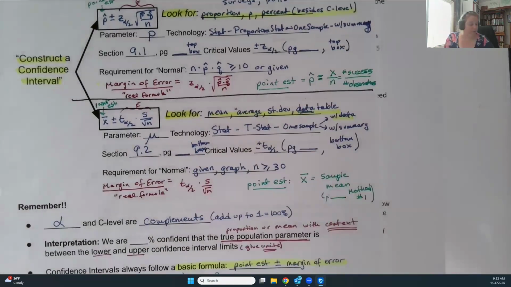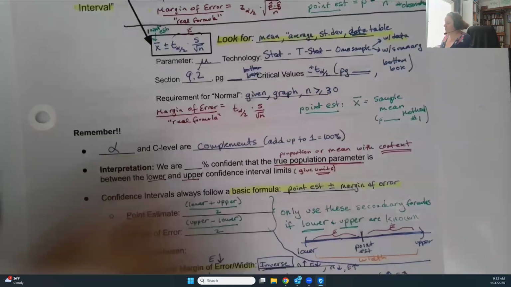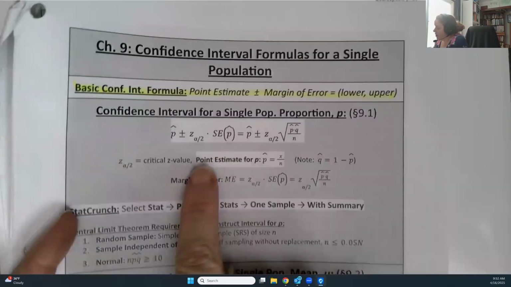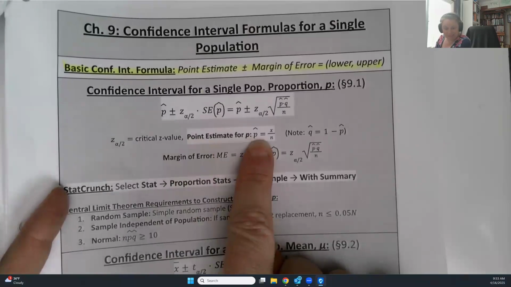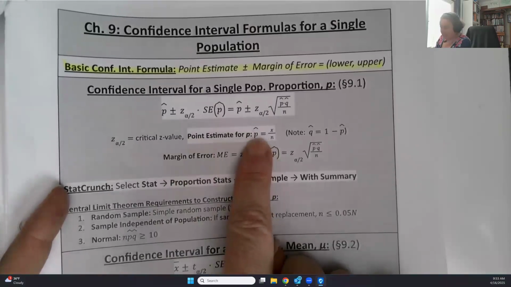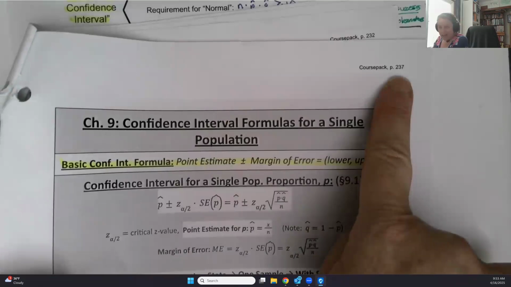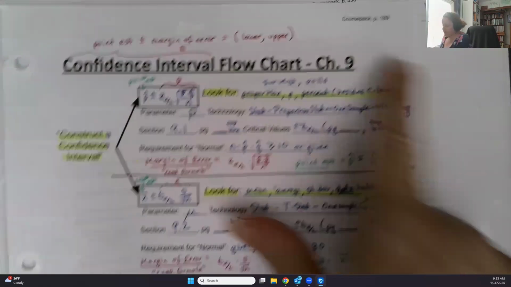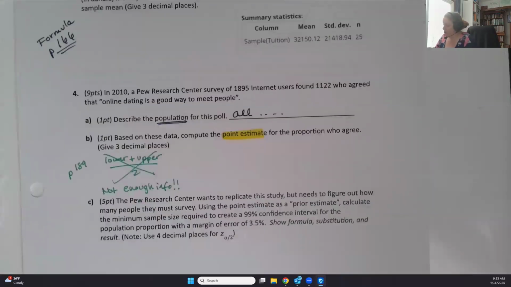So if you look in your yellow packet, if you look at the confidence interval, there, confidence intervals, look. Point estimate right there. It's p hat, which is x over n. So it's on page 237 in your yellow packet. It's also on page 189, right? Okay, so